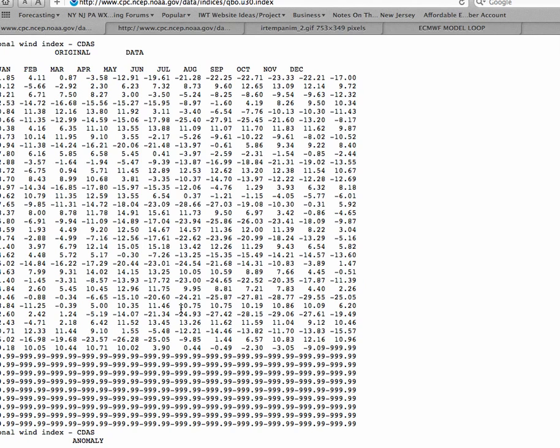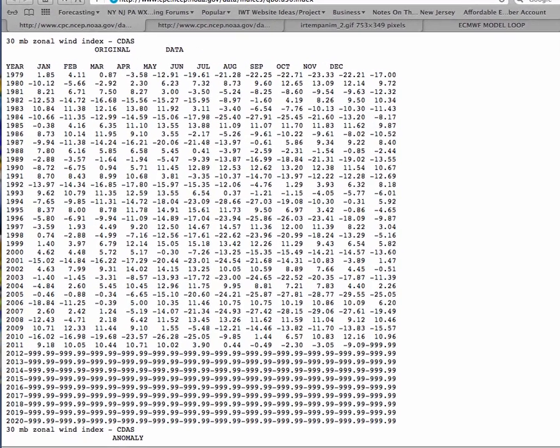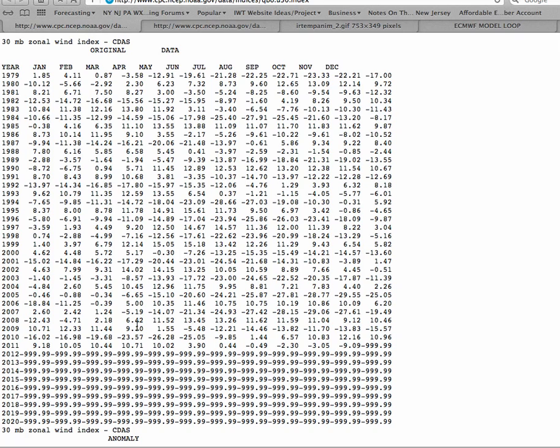And for tonight, we have a couple of interesting model data that has come out that shouldn't be a surprise if you've been following what I've been saying for the past several weeks. So first I want to show the QBO index. This is at 30 millibars right here. And notice for 2011, we went from a strongly positive QBO at 30 millibars. This is in the stratosphere now. And we've seen a rapid drop down to minus 9.09 as of November.